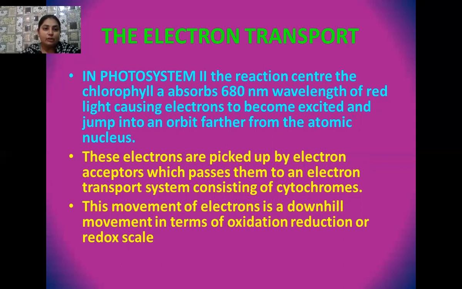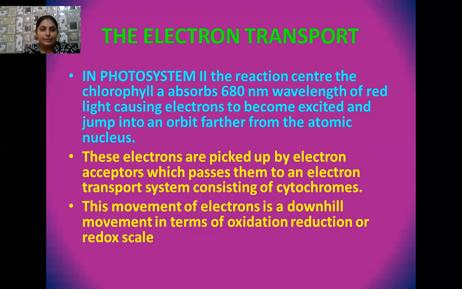So student, these electrons are present in photosystem 2, that is P680. As soon as this P680 receives the light corresponding to 680 nanometer, and this light falls on these electrons, then these electrons get extra energy, and they come out from their ground state and do the uphill movement and reach the excited states or orbits. But you know that these excited states are unstable states, so they cannot stay there for a long time.